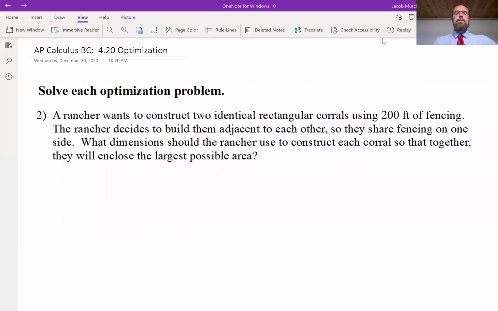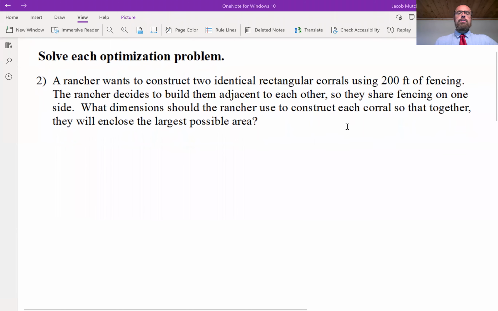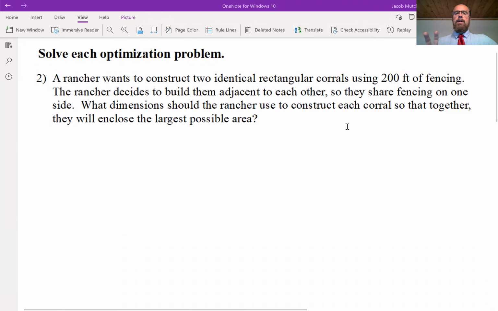Welcome to Calculus. Today we will investigate optimization questions. We'll take a look at 3 examples. We'll start off with this first scenario where a rancher wants to construct 2 identical rectangular corrals using just 200